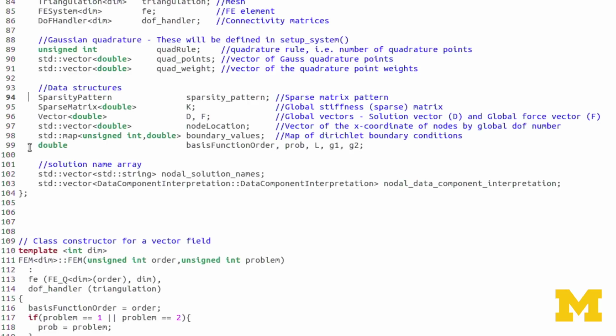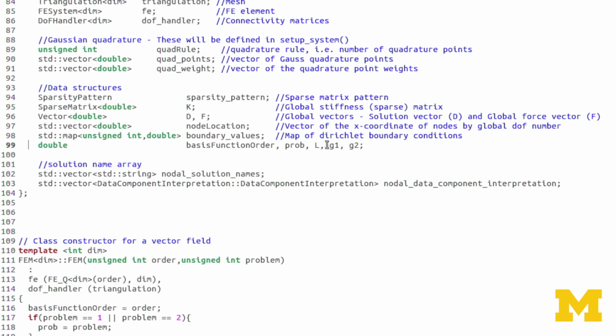So let's go back to the code. After the boundary values map, I've defined several doubles. There's the basis function order and problem, or prob. Those will store the Lagrangian order that we're using and the problem part 1 or 2.